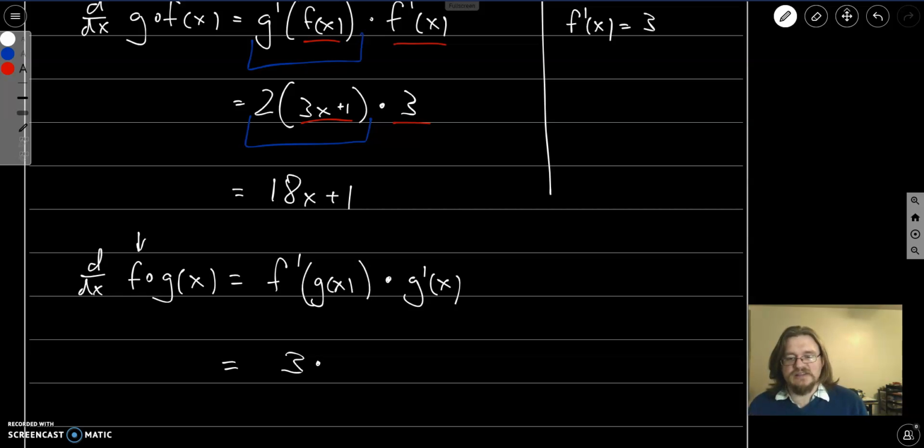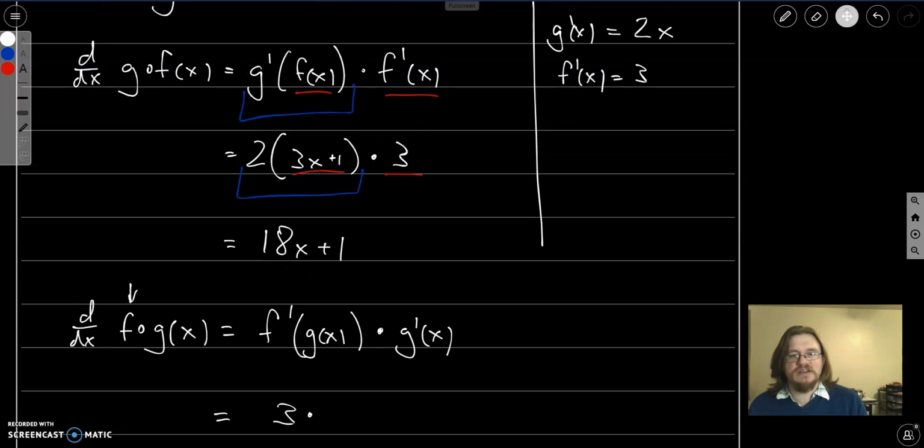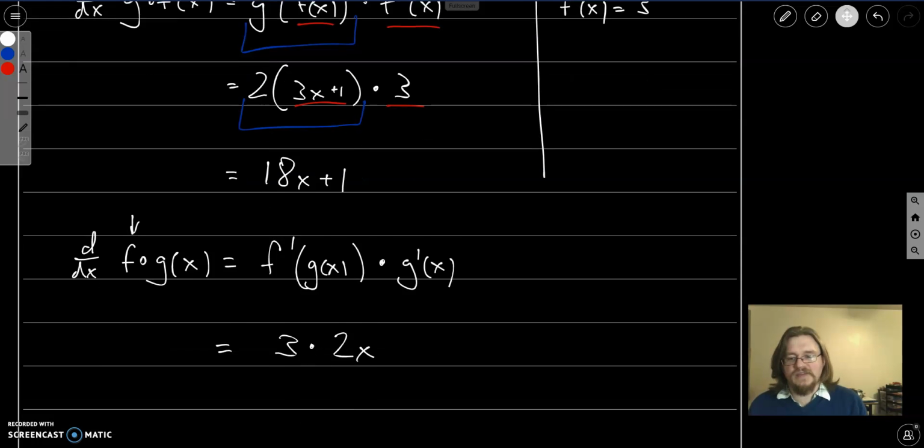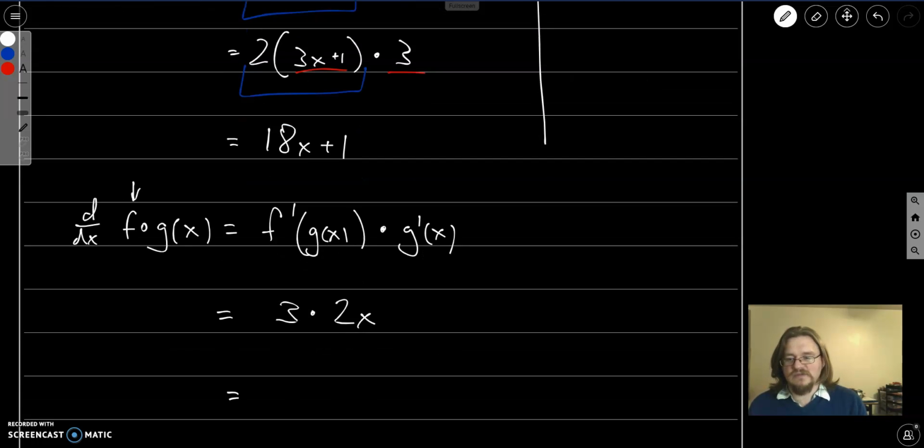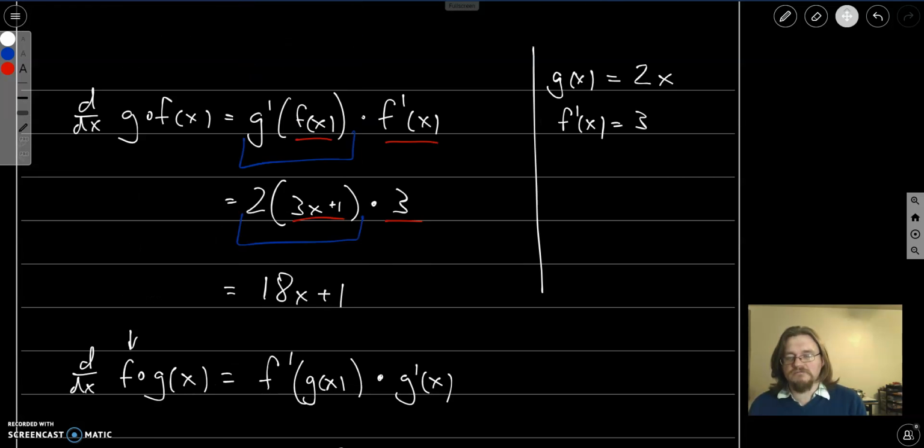And we're going to take this times the derivative of g of x, which was this guy. So that's going to be 2x. And that is, again, really simple to simplify. That's just going to be 6x. This one right here,